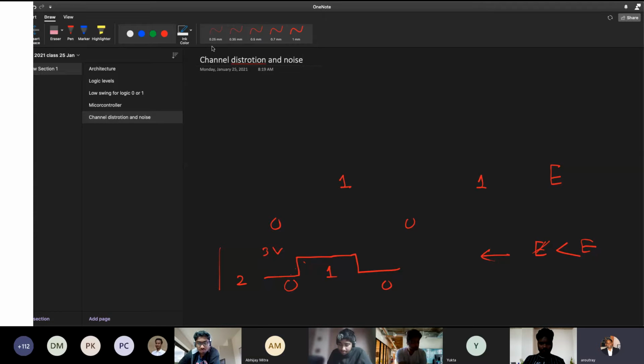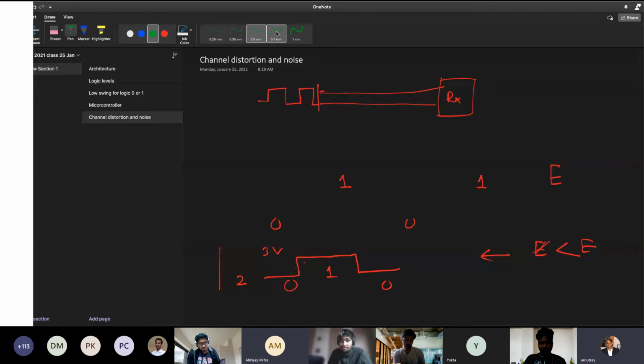So what is this channel noise? Sir, random values can enter, which can affect our data. Yes. Why will the random value increase? Suppose the signal is getting transported in this channel. This is the channel where you are sending this signal. This is the receiver and this is the sender. There is a signal which is going. Sir, if the voltage levels are low, voltage swing is low, then if there is a signal which is going like this, why is more noise coming?